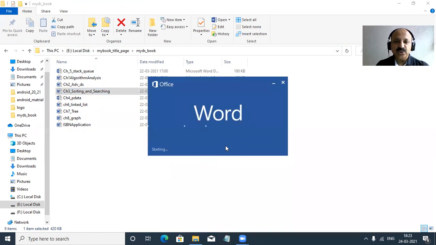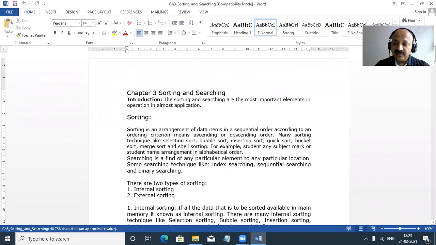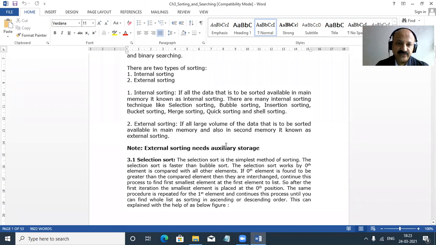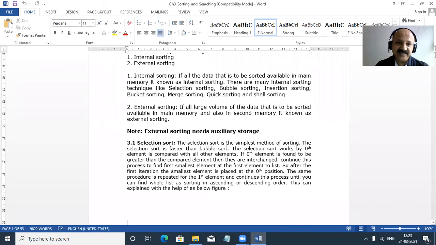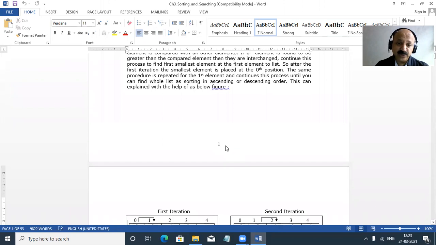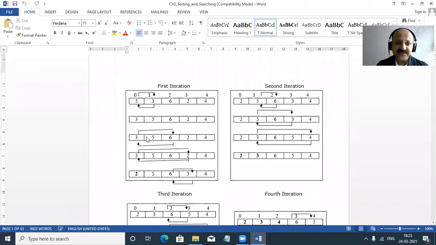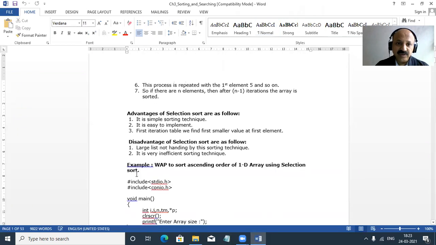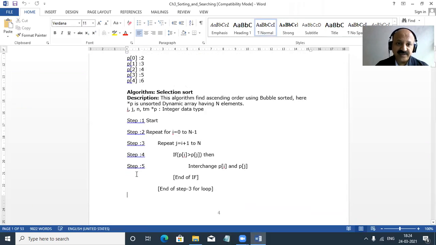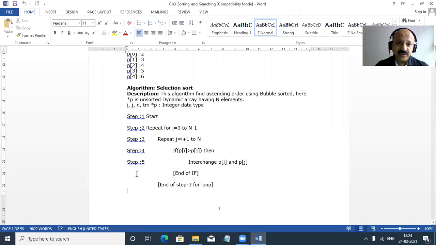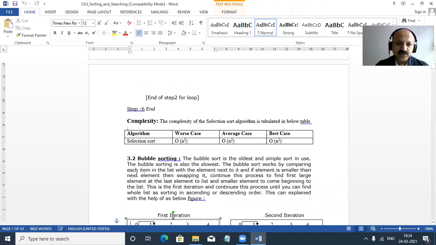So how insertion sort works, and we can also learn the difference between selection sort and bubble sort. In my first video lecture, I covered what is internal, external, and what is ascending and descending, A to Z, Z to A. Here I also take an iteration table. In selection sort, in the first iteration, the smallest element goes to the zero index, and then bubble sort. I also cover the program and then the algorithm. You can look here, I also take the selection sort algorithm in my book, so you can refer to that book.